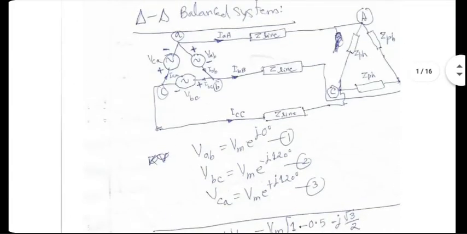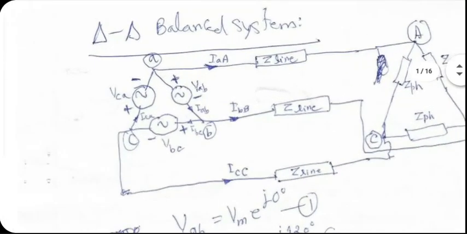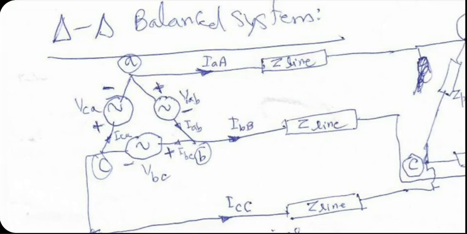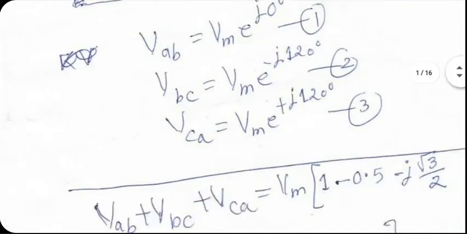Then what? One thing you can clearly see is that the line voltages VAB, VBC and VCA will be same as phase voltages because of the way the connections are made. However, the phase currents will not be equal to line currents. One phase current will come from the left hand side, let's say node small a. On that, one current will come from the left generator, one from the other generator. Those will add up to give you the line current, IAA. So line currents will not be equal to phase currents here, but line voltages will be equal to phase voltages.